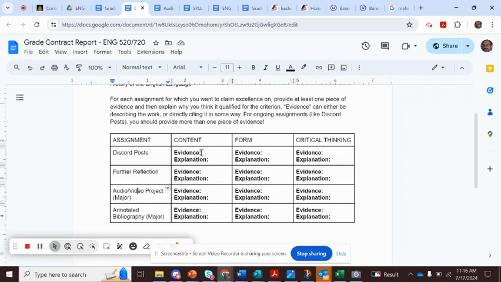And then once you've done that, provide your evidence. And this doesn't have to be extensive, you all. You'll notice the table format that I provided here. I don't want to have to necessarily look at a lot of this. What you can do is either reference a particular date and time, like a timestamp for a Discord post, or just cut and paste a quote that you think shows evidence of what you're talking about. And then in the explanation, say that I think that this evidence exhibits this assessment criterion, and here's why. So it is not meant to be overburdening. You just go through and fill out the table.